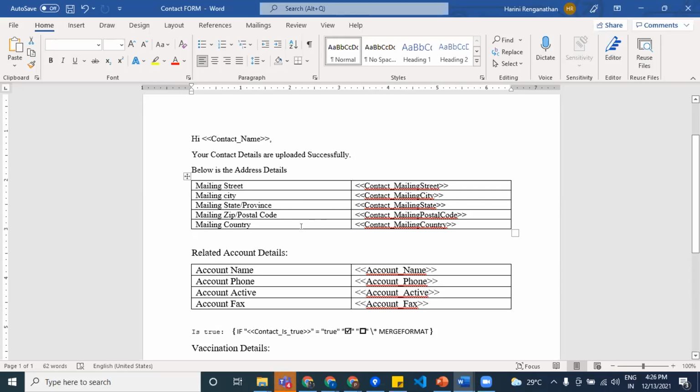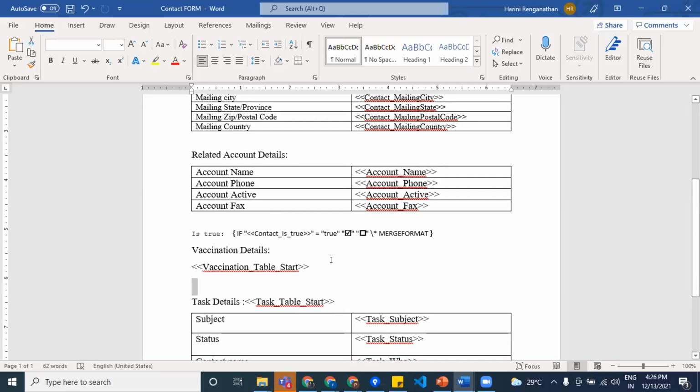So for now, we have just seen two use cases: getting the contact value, or the primary object value, directly through Salesforce, and another one is going to the account, which means getting the values from the parent directly. What if you have a situation wherein you have to put a checkbox in your template and see if that checkbox works or not? This is the third use case which we are going to see today. It is very simple but very notable.